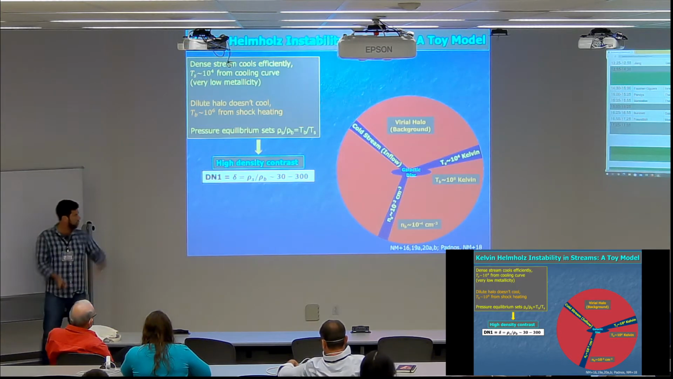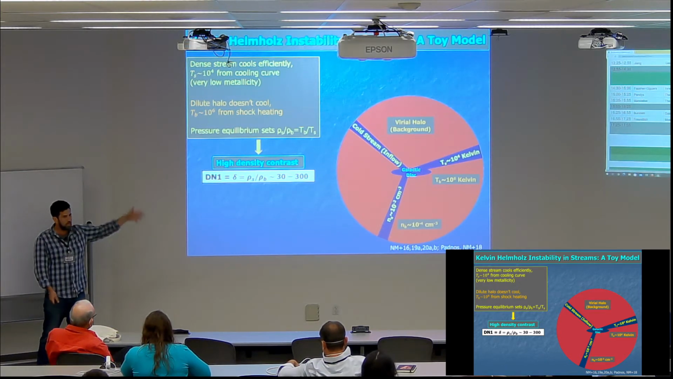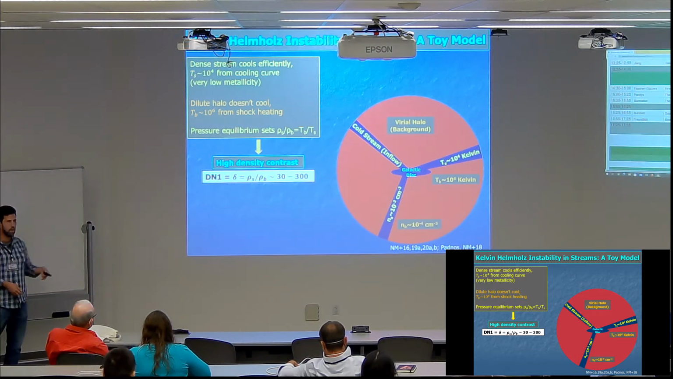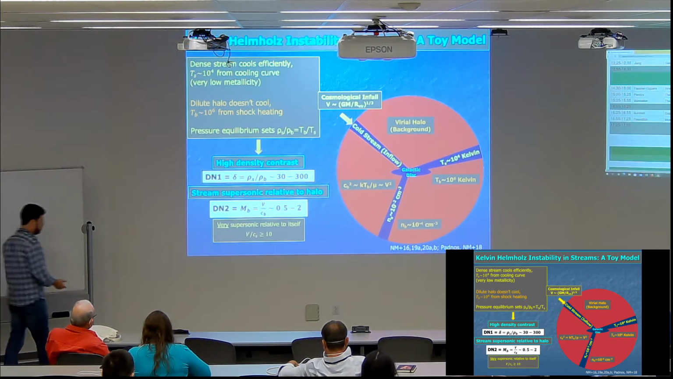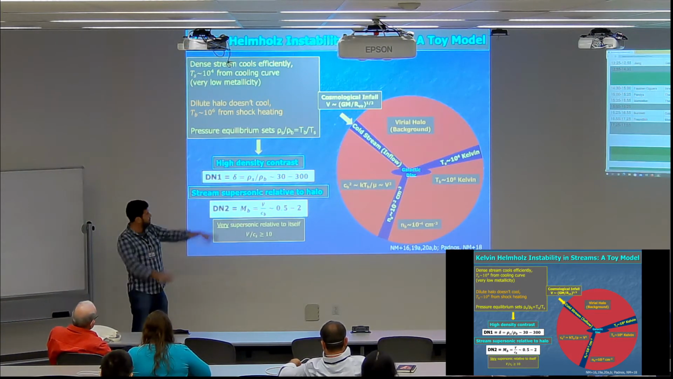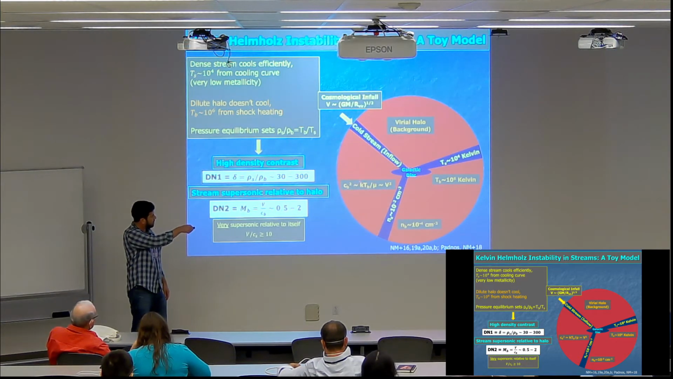And therefore, I learned that the streams are typically about 100 times denser than the CGM. That's the first dimensionless parameter that's going to govern the problem. Second dimensionless parameter is the Mach number of the flow. Now, here by Mach number, I mean the inflowing velocity of the filament divided by the sound speed of the